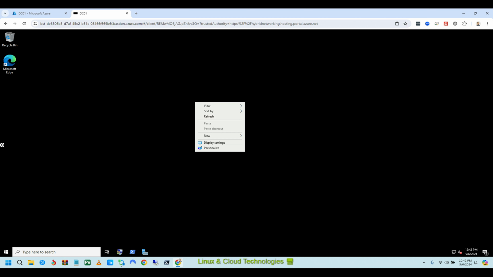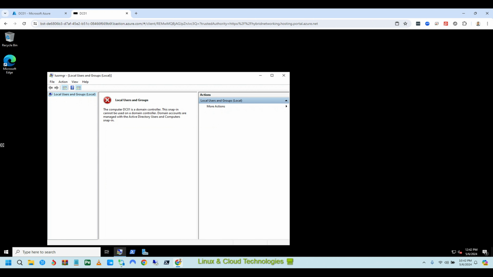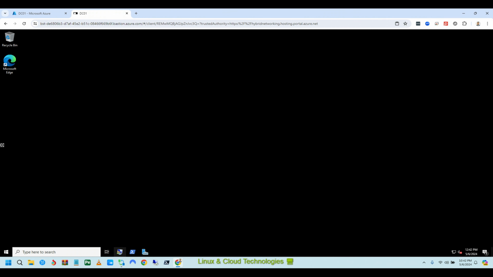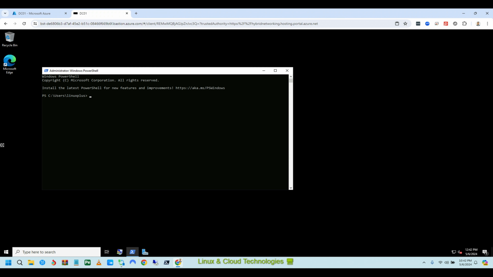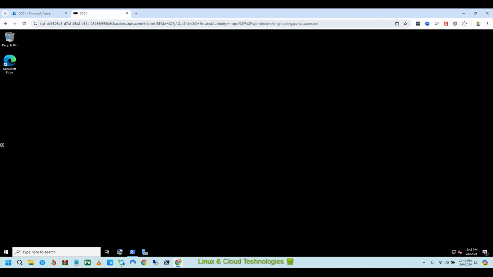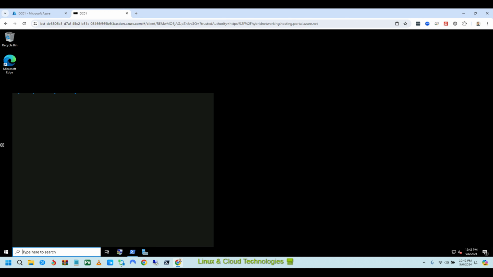As you can see now, if you try to open local users, for example, it will say that you won't be able to use it because this is a domain controller now. So there's no use of opening the users, but let me see what other users we have. If I do net user, we can see that we have Linux Plus, which is still a local account on this because it was